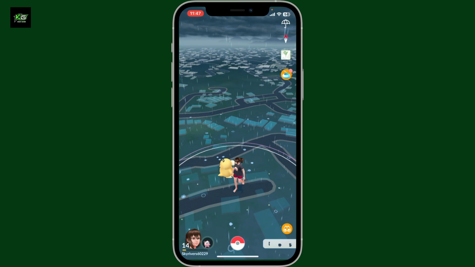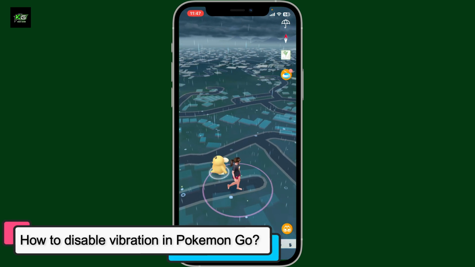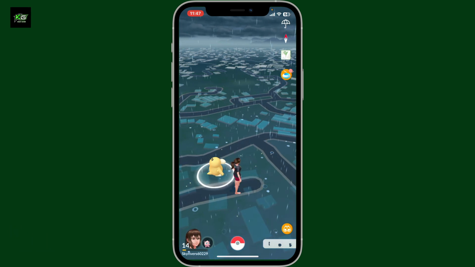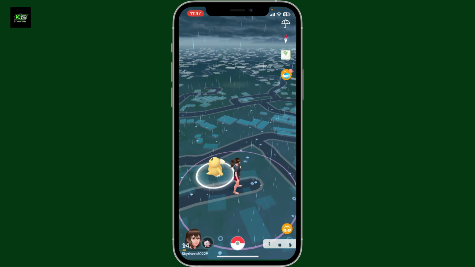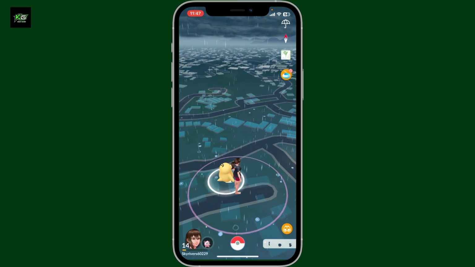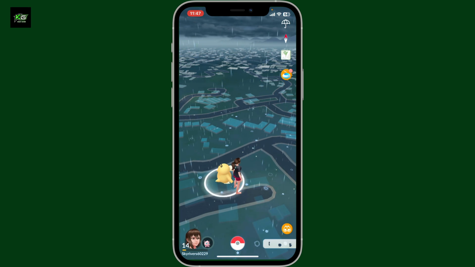In today's episode, we are going to be learning how to disable vibration in Pokémon GO. If the vibration alerts in Pokémon GO are distracting you or draining your battery, then you can simply turn it off. Open up your Pokémon GO application on your smartphone and tap the Pokéball icon at the bottom center to